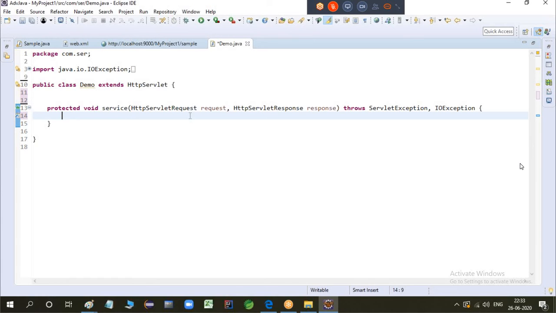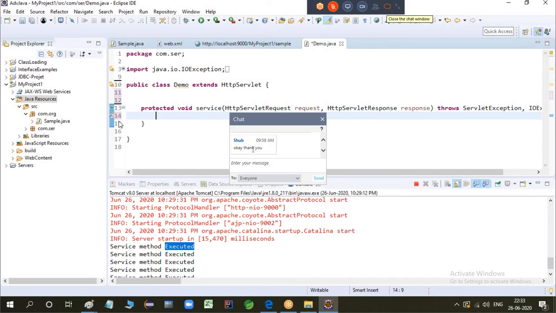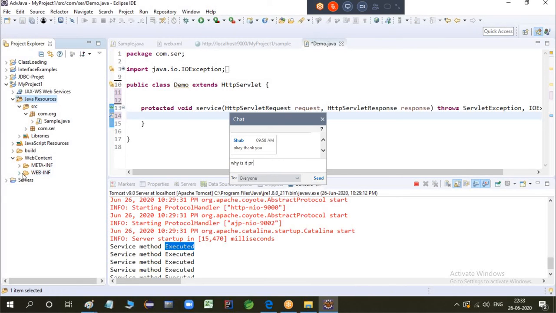Okay, now before executing this class, I wanted to create one form where I can enter some data and click on submit so that the data will be executed by the servlet. Okay, so we have web components. So by default, the .class classes are inside the WEB-INF. So I have to write some form-based data outside this WEB-INF folder. That means in the web component only, not inside WEB-INF.